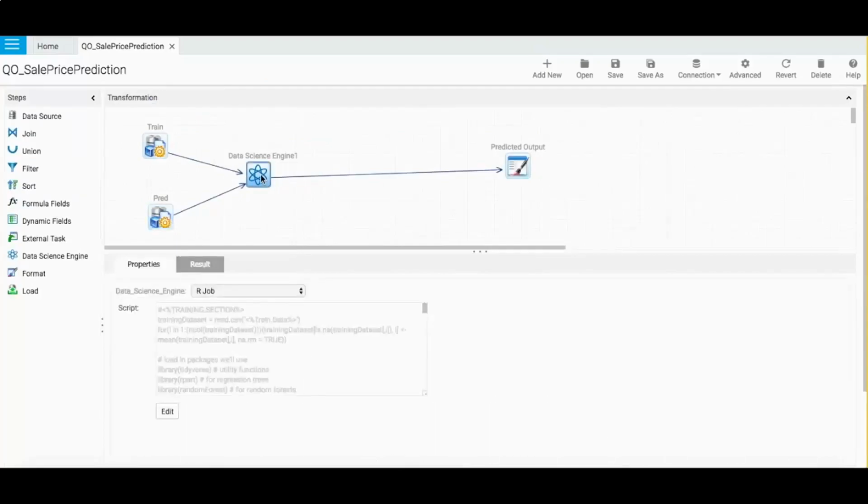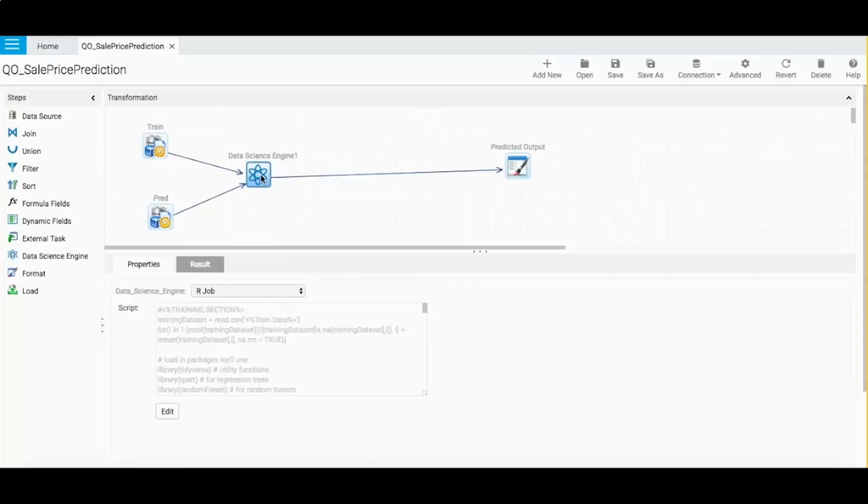What we see here is that this data science engine step is supposed to, in phase one, pull the training data and then conduct the creation of the model. As soon as the model is created, it should pick up the prediction data and start applying the model on the incoming data.